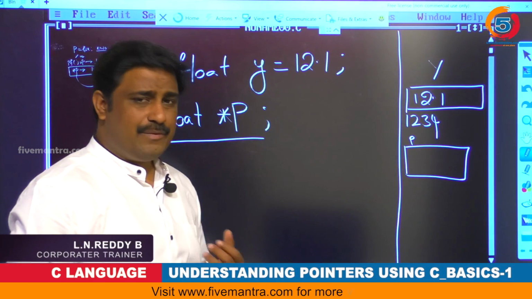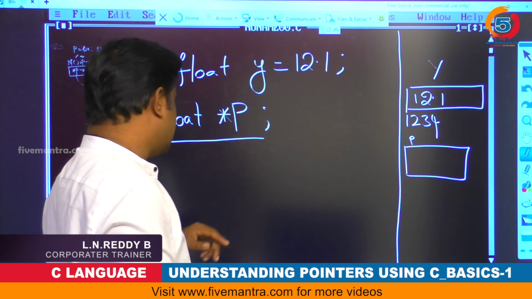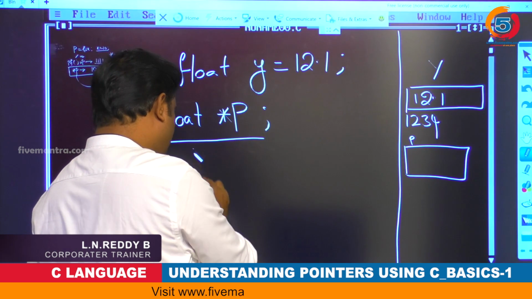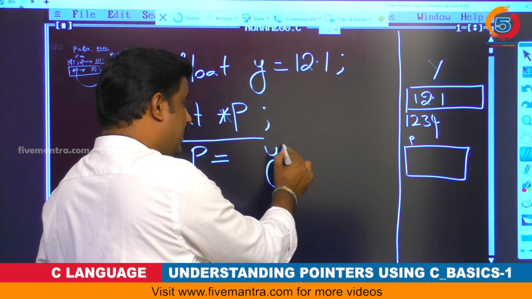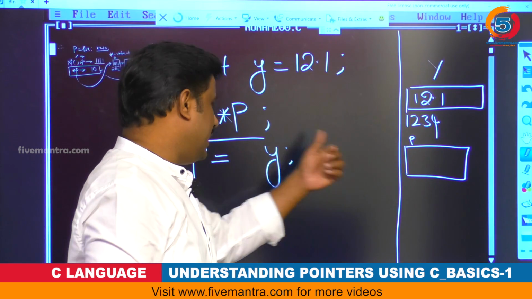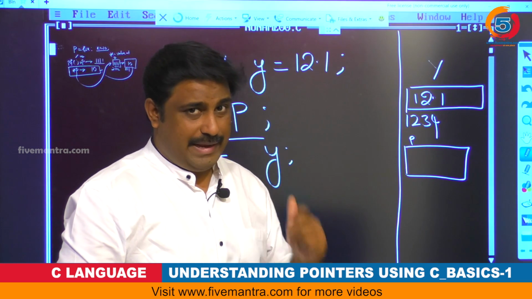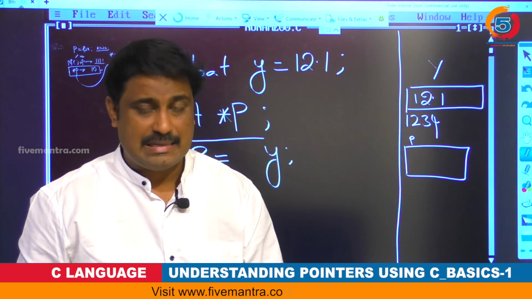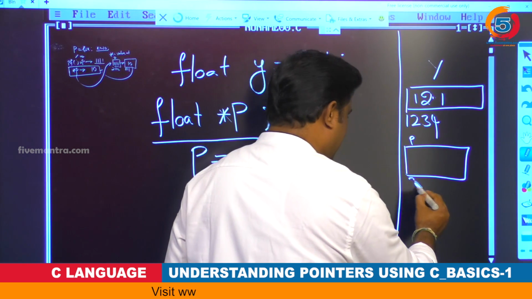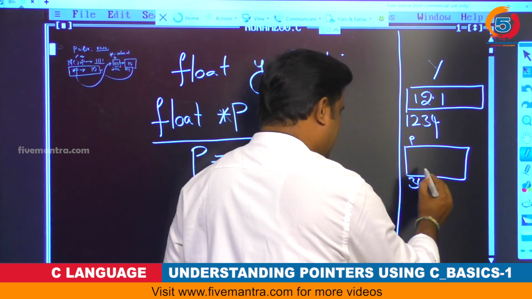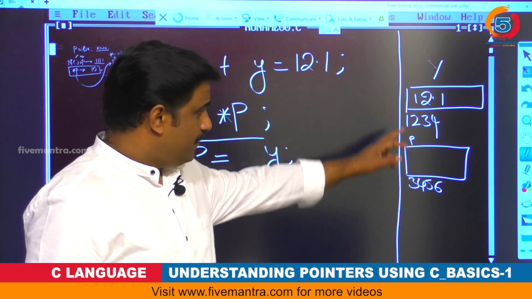And now whenever you assign some value, like I want to assign the value of y, if you give y directly, it will give an error. Why? Because p cannot hold 12.1. It can only hold the address. You know that this address is an unsigned integer, maybe 3456 is the address of p.